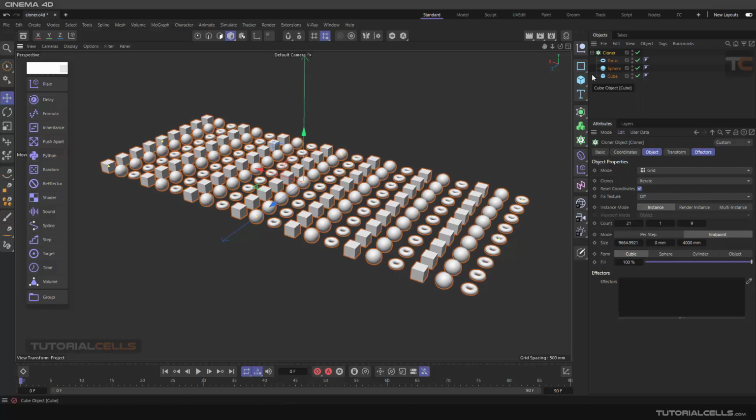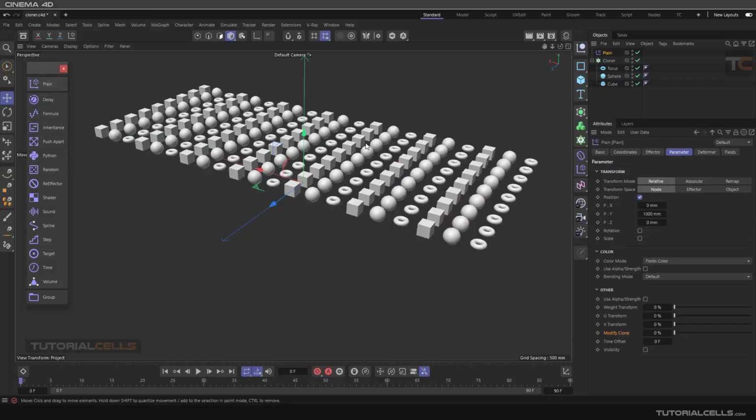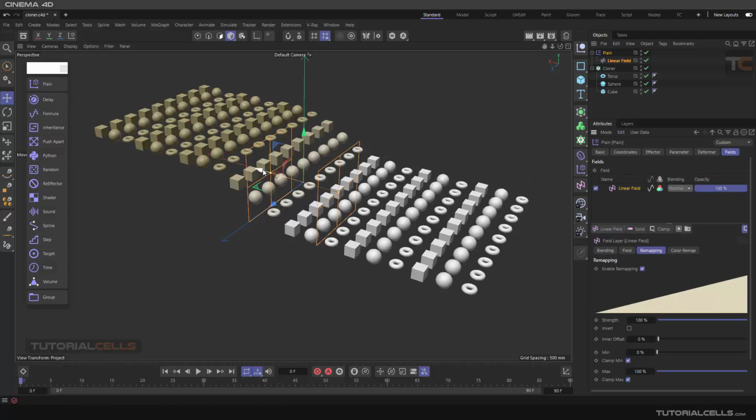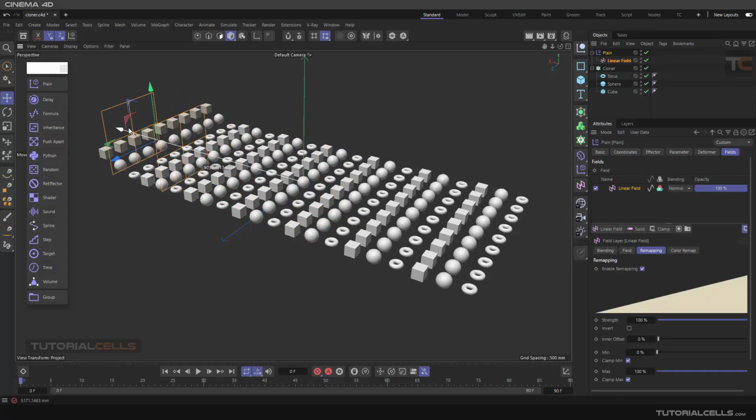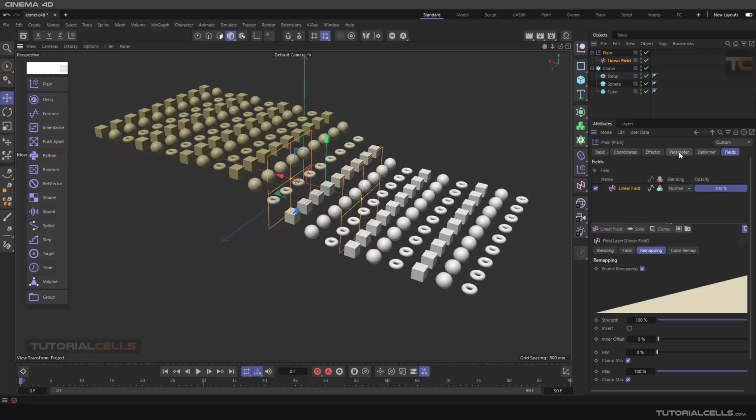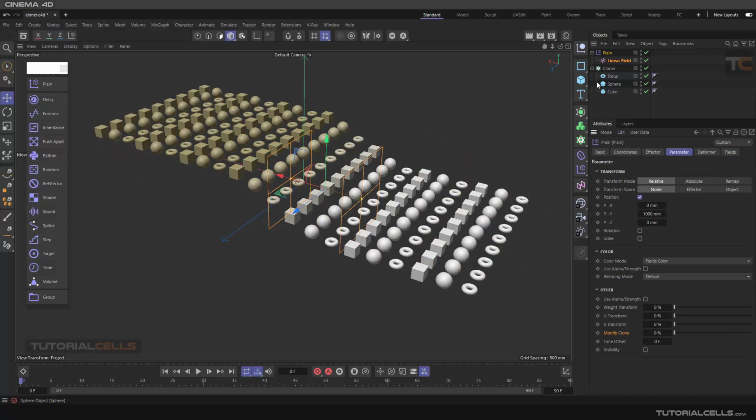And after that, if you select the cloner and select the plane effector, as said before, it's a y parameter going up, and we need a field to control how the strength affects the objects. It's this shape that we can control, where that strength affects the objects linearly. And as you can see, if you change the linear, it just brings them up in a linear field. Okay, in a plane